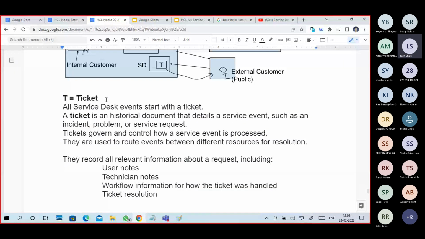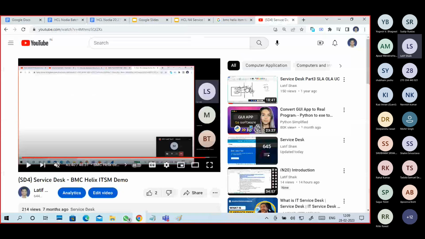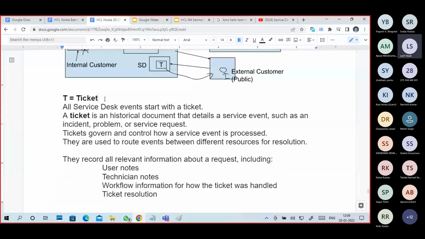So what is this ticket? I showed this one to explain what is the ticket. All service desk events start with a ticket. To know what happened, what is the customer requirement, what is the customer issue, or any issue in the infrastructure that has occurred, or any event is generated, or any alert is generated, then we have to go and fix it, or maybe do some preventive action so that the issue cannot occur.